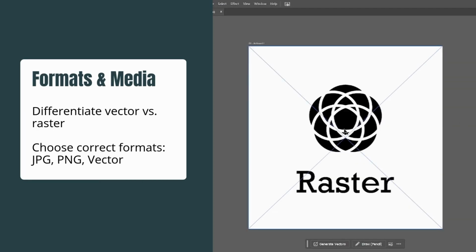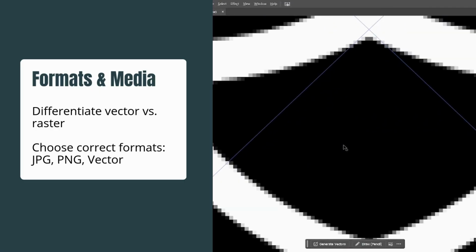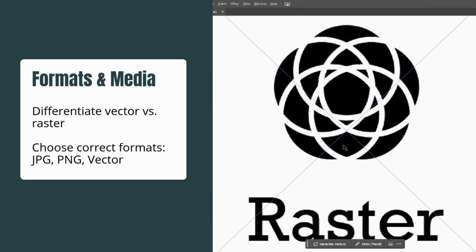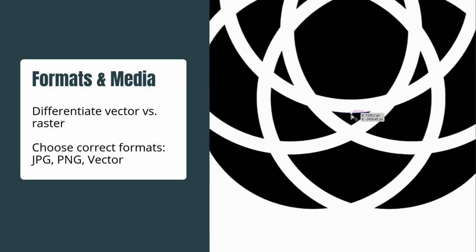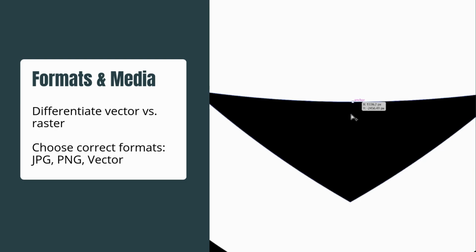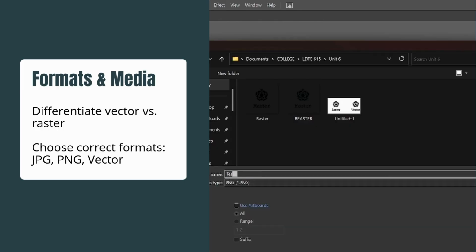Knowing the different formats and mediums for your graphics is essential. We'll be covering what vector and raster is used for, and all the different image formats like PNGs and JPEGs. Knowing this will make working with the graphics much easier so that you know what to do depending on the situation. Like knowing how to export a graphic so that you can put it on the side of a building without loss of detail, or if you want to be able to add things like texture or lighting effects to